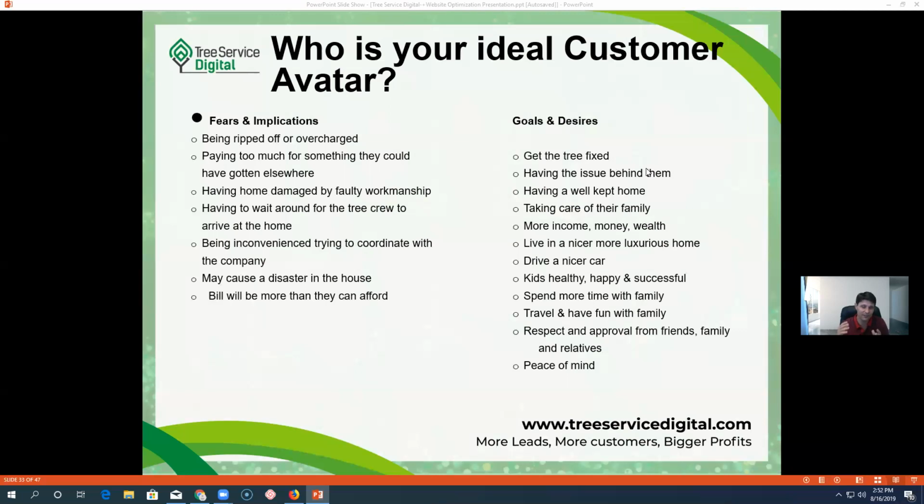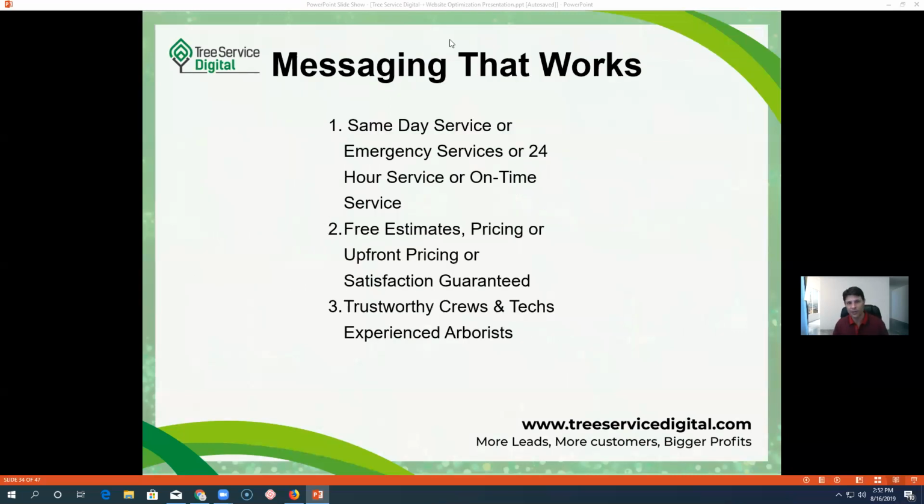So this is your ideal customer. Just middle class people, upper class people that can afford your services. So we've got to understand what they think, and then on the website we can make sure we know how to convert them to a customer. So here's the messaging that works on the website, right? If you don't have these things, make sure you go back and think about how to put these on there. So same day service or emergency services, or 24-hour service or on-time service, prompt service,